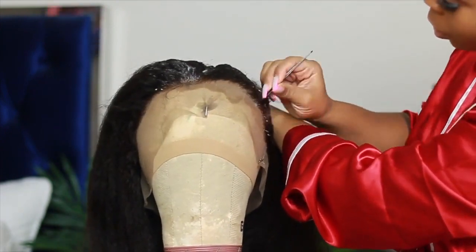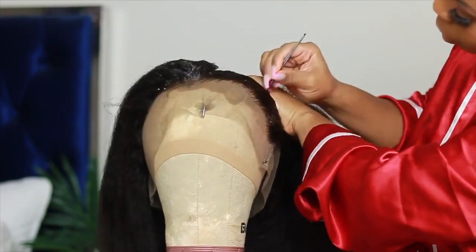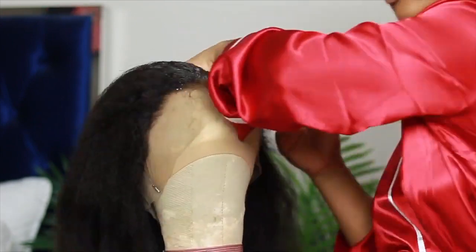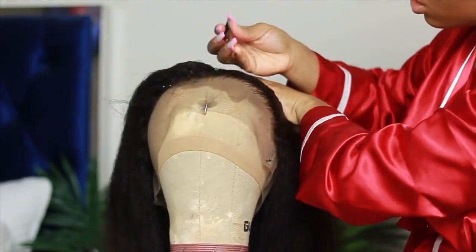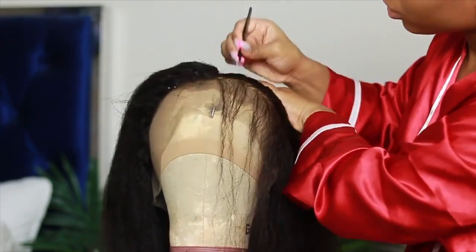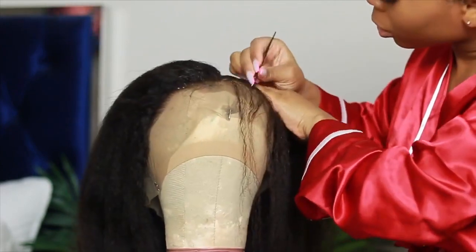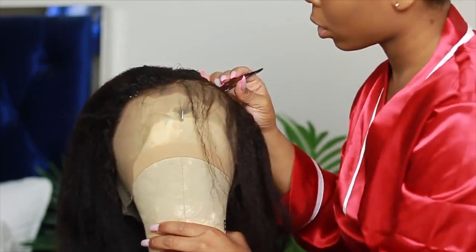To get a natural hairline, the unit needs to be plucked, okay? And I cannot stress that enough. It needs to be customized to what you prefer. Me, however, I prefer my hairline to be thinner in the front, making the hairline flow gradiently into the rest of my hair. So not too thin because you don't want it to be bald, but thin enough to mimic